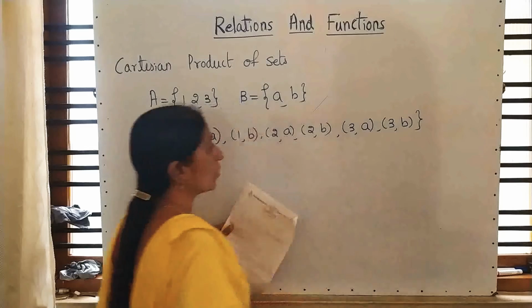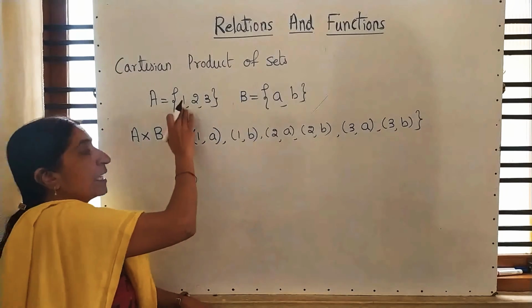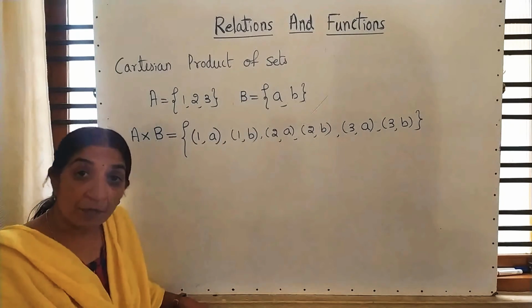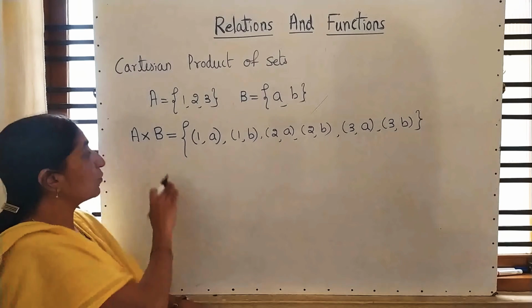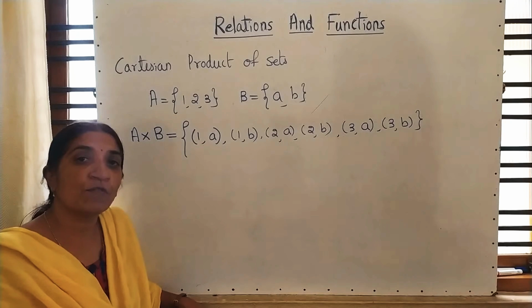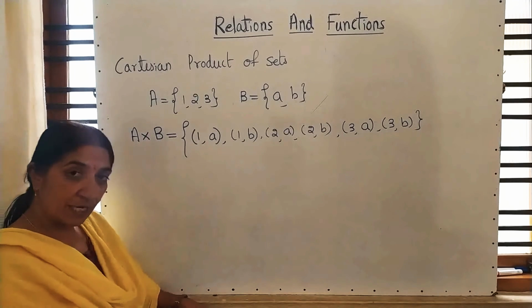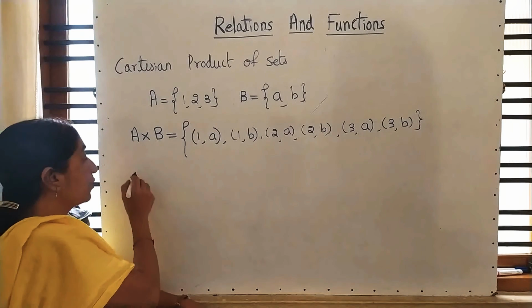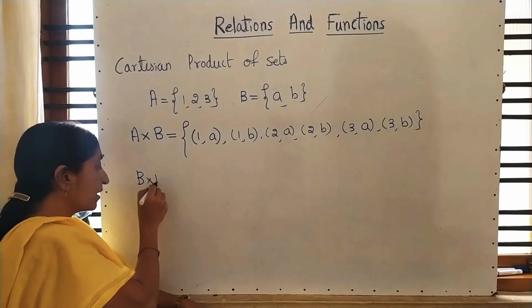See, is it clear or what? Yes, we have to select the element from here to here. And remember, don't multiply. Even though we wrote a multiplication sign, don't multiply. Represent it in the form of ordered pairs. So take a paper and pen and try to write these ordered pairs along with me.